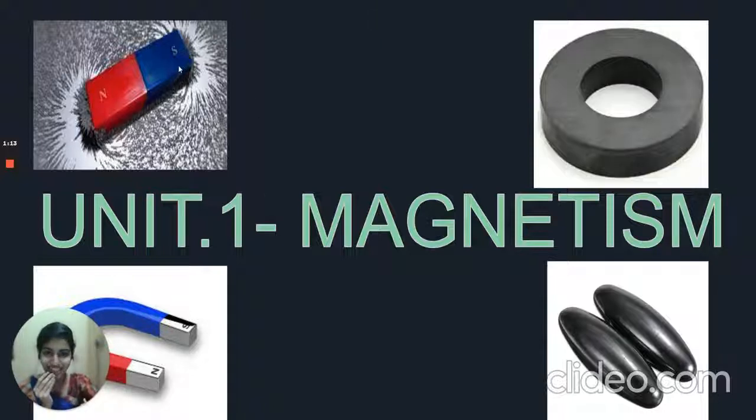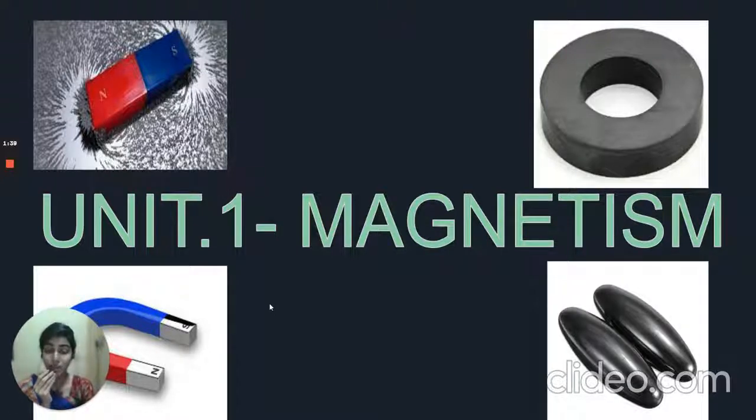What are they? Yes, you can see a bar magnet over there on the top left corner. Because it's in the shape of a bar, it's called a bar magnet. On the right side, you can see a ring shaped magnet. That is a ring magnet. And you have an oval shaped magnet because it's in the shape of an oval. And then you have horseshoe shaped magnets also. Apart from these four, there are other types of magnets which you studied in your previous class.